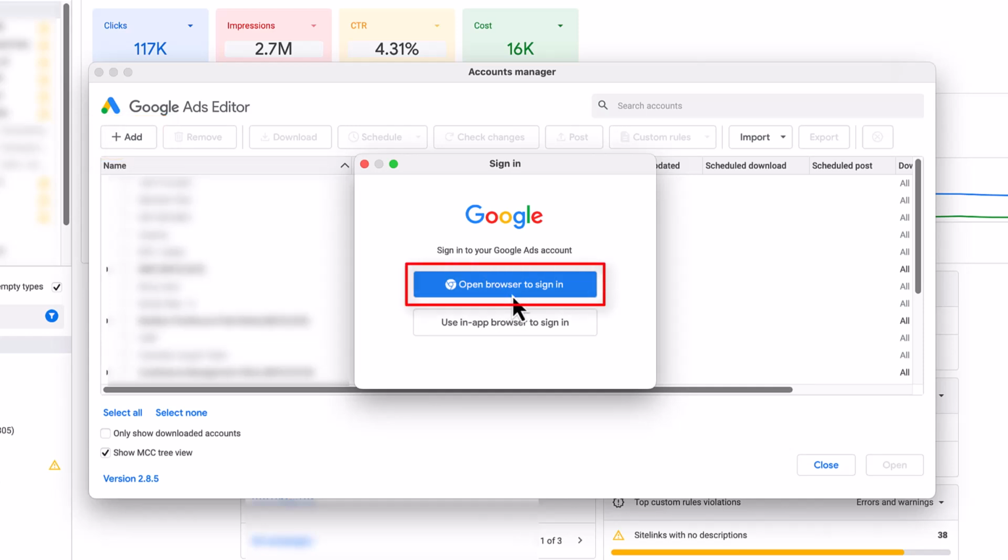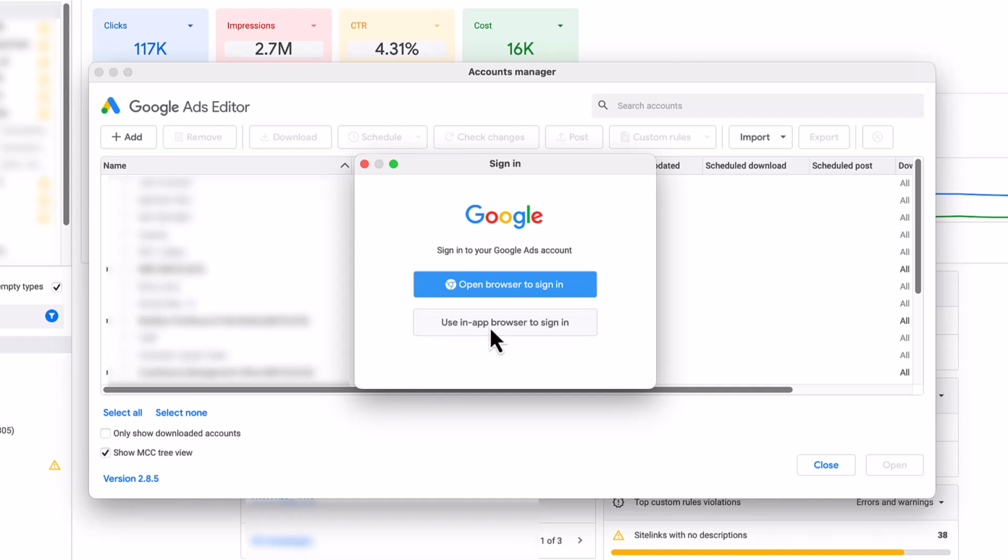If you use this top button, it's just going to open up another window, and whatever Google Ads account you have signed in the profile that you're in, it's going to use that one. If you're using a totally different email address, you might want to just sign into this one because it's just going to pull up a different browser, and you'll have to type in the email address